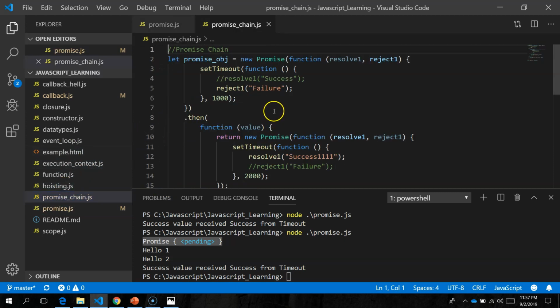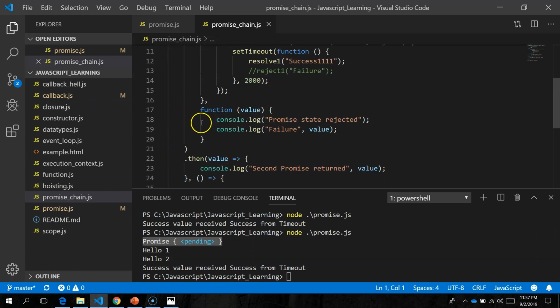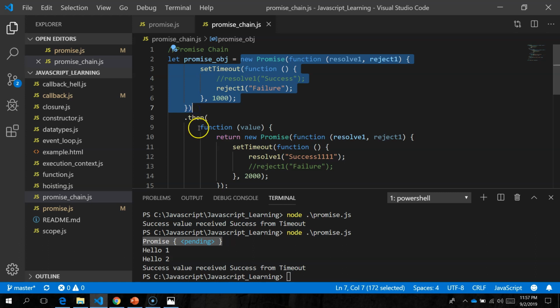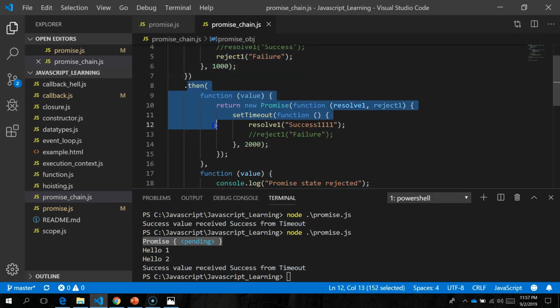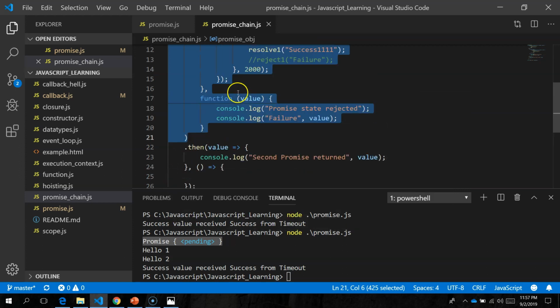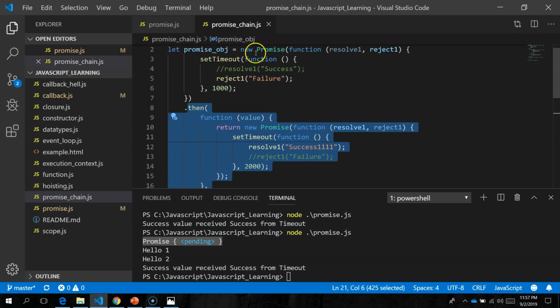So the promise chain is like, you can put then. That's what I mean here. So once this promise object finishes, okay, gets resolved, then this promise object will get called. So you can associate a chain, okay, as I have done here. New promise, okay.